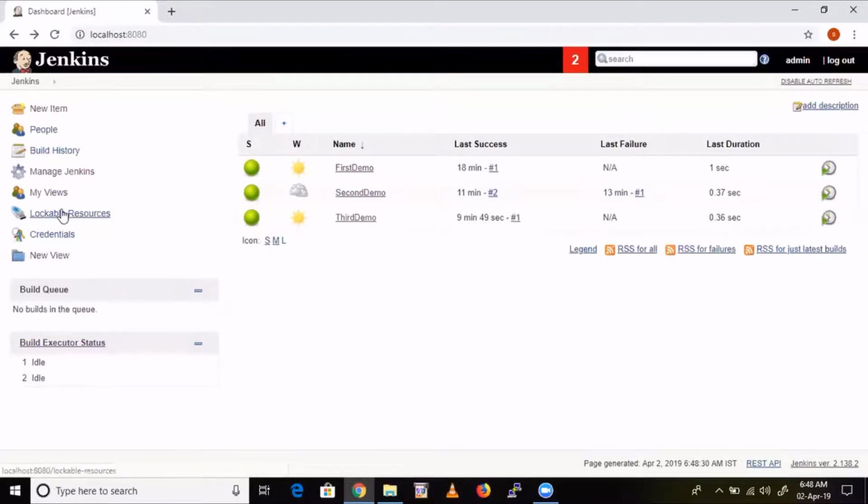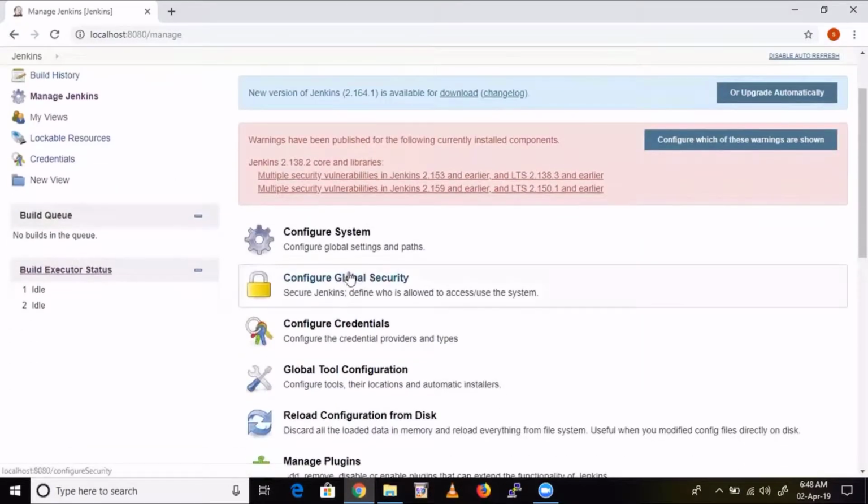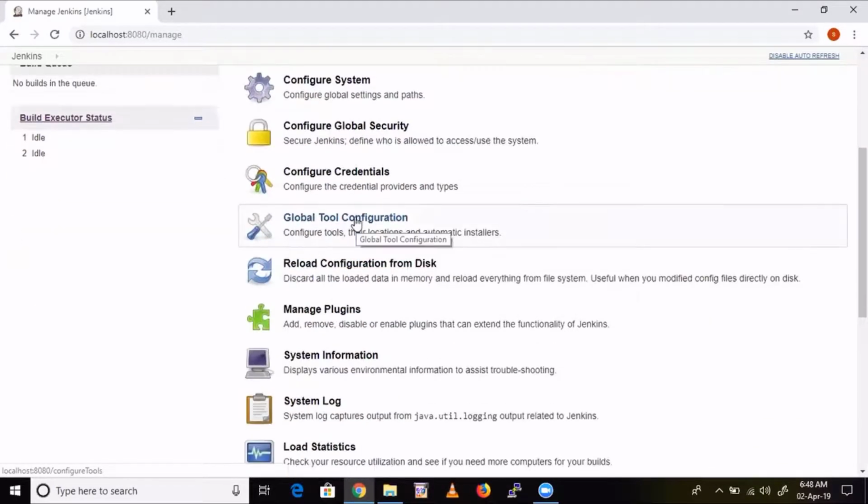Now coming to global configurations. Go to Manage Jenkins, then Global Tool Configuration. Here you configure tools, their locations and automatic installs. Click here.